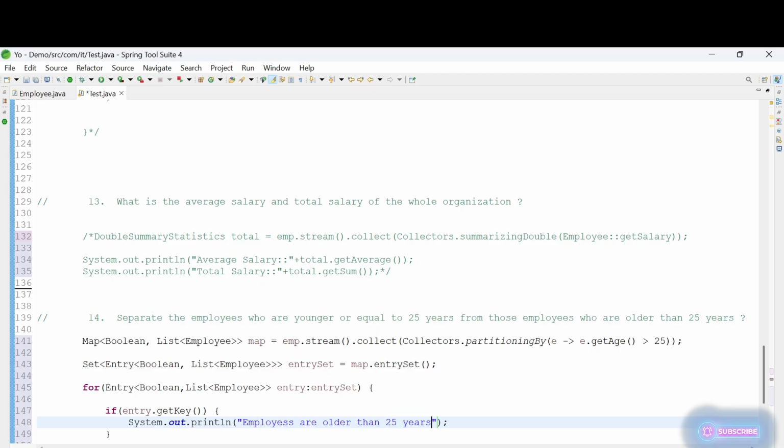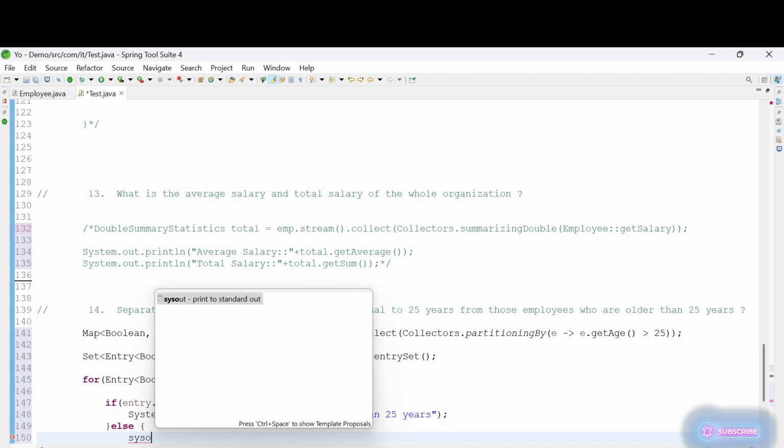Why are we printing employees older than 25 years here? Because we are partitioning the employees on age greater than 25. When we get the key as true, greater than 25, then the employees are older than 25. Else, the age is less than or equal to 25 also. So for that we are separating, else